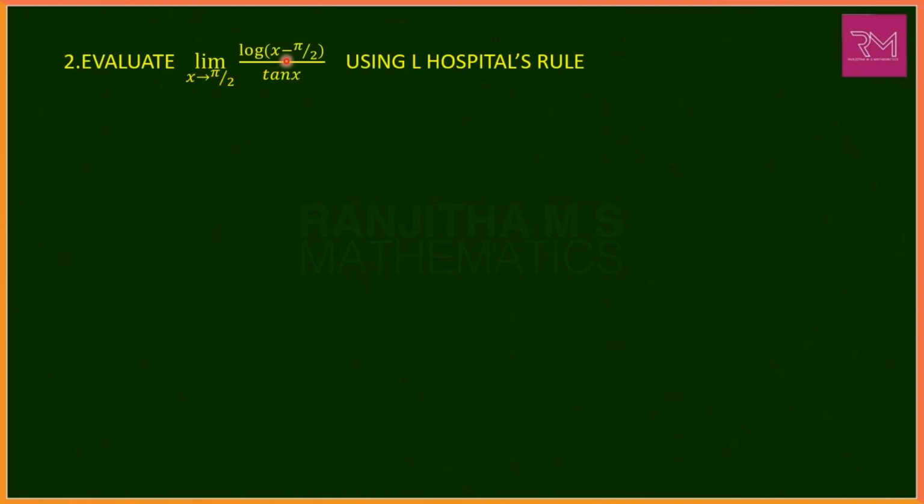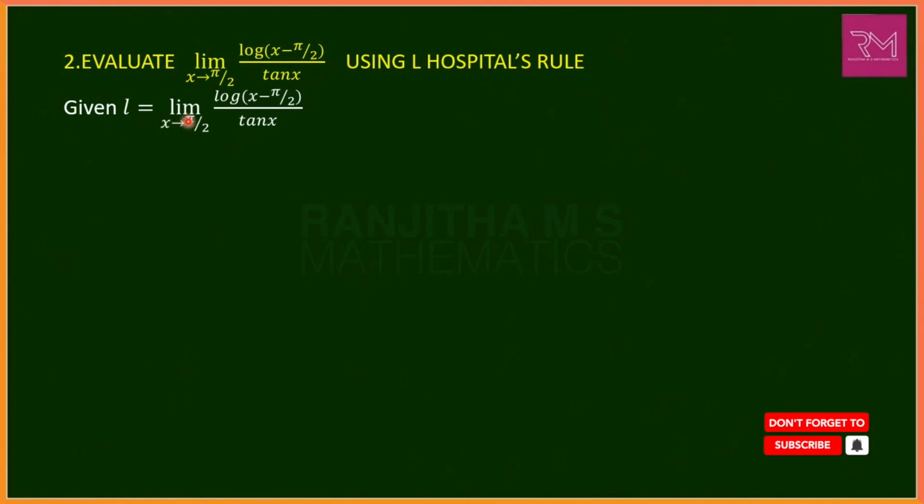Evaluate limit of log of x minus pi by 2 divided by tan x as x tends to pi by 2 using L'Hospital's rule. Take the given function, that is L is equal to limit of log of x minus pi by 2 divided by tan x as x tends to pi by 2. What's the first step? We have to substitute x value as pi by 2 for this. Log of, in the place of x we substitute pi by 2, that is log of